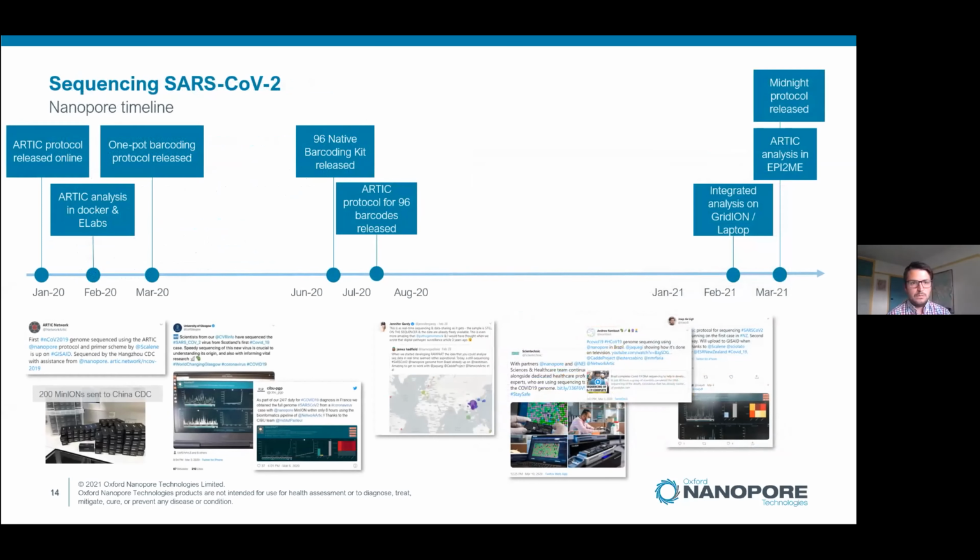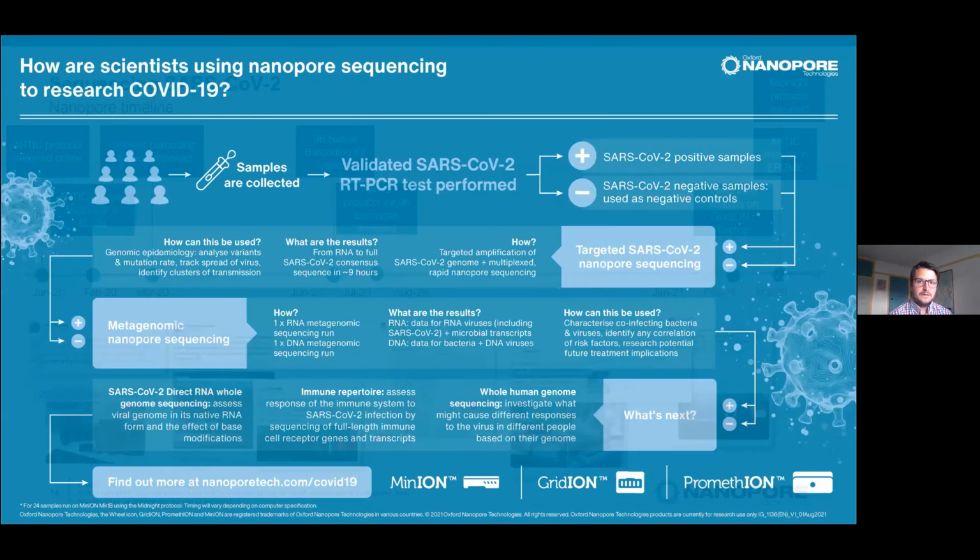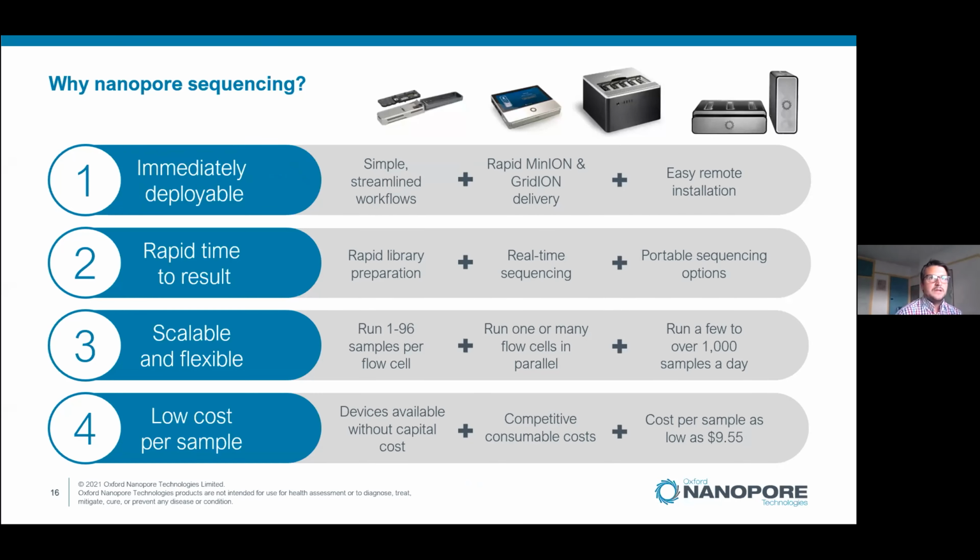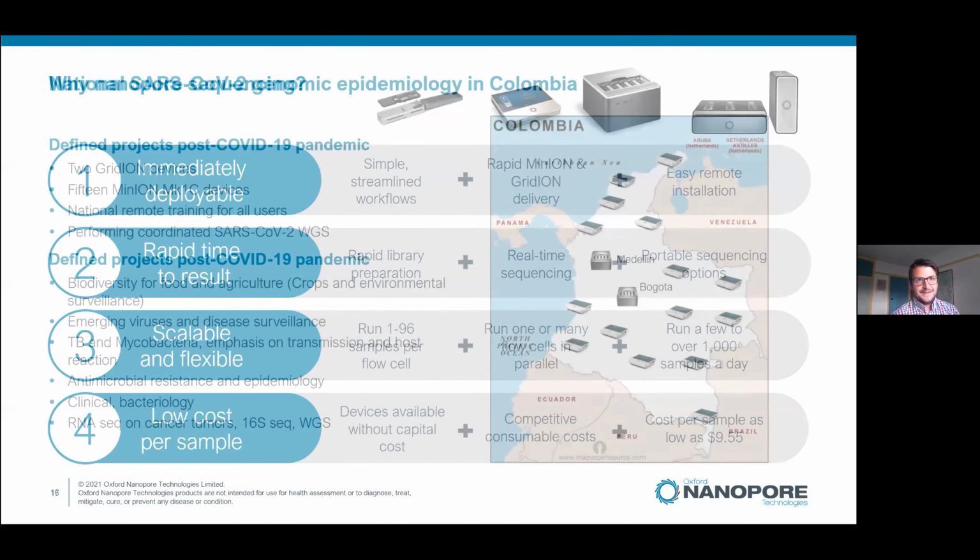So we can quickly go over the timeline and how we worked in collaboration with them, and how the rapid deployability of Nanopore, the rapid change of Oxford Nanopore in general, was able to work throughout the pandemic to really start to deliver some of the genomes that we sequenced on for SARS-CoV-2. Let's skip this slide, and this slide.